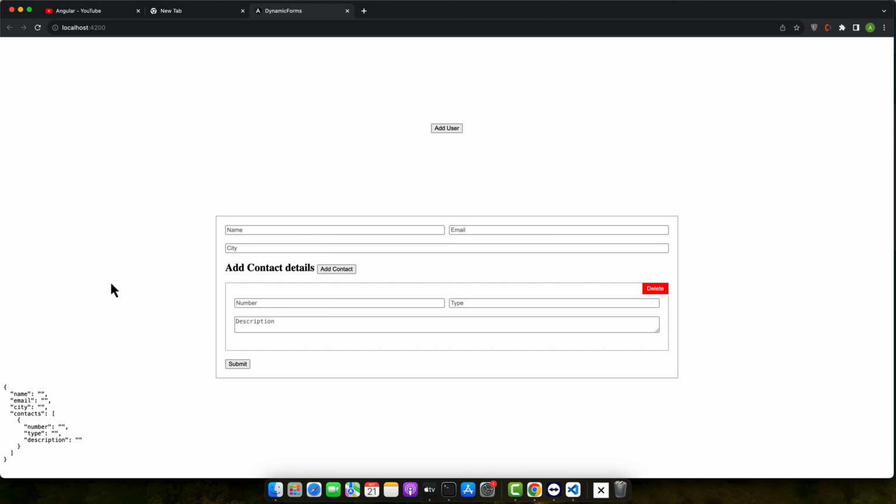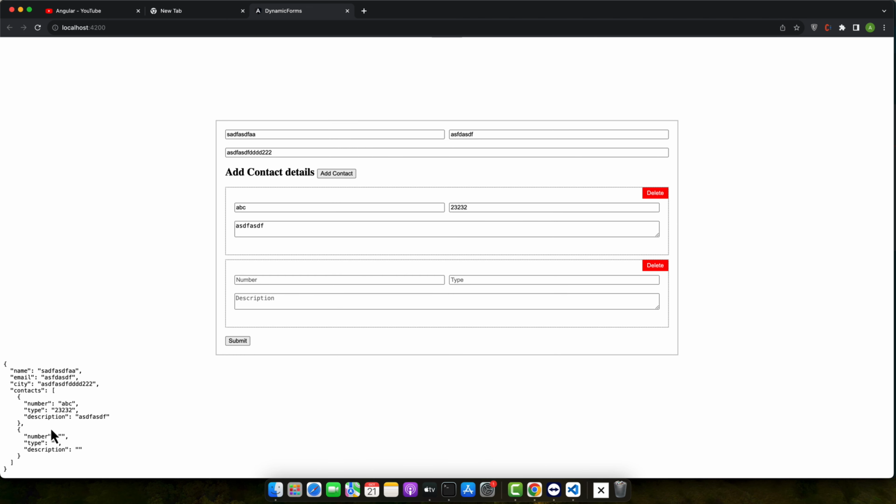I am Ayaz Zafar, and in today's tutorial we are going to dive deep into Angular Reactive Forms to create a dynamic form for adding users. If you have ever wondered how to seamlessly allow users to add multiple contact numbers, choose the type, or describe their numbers without cluttering your form, then you are in the right place. With Angular's FormArray, adding these dynamic features becomes a breeze. So whether you are an Angular newbie or just looking to polish up your skills, let's get started and build